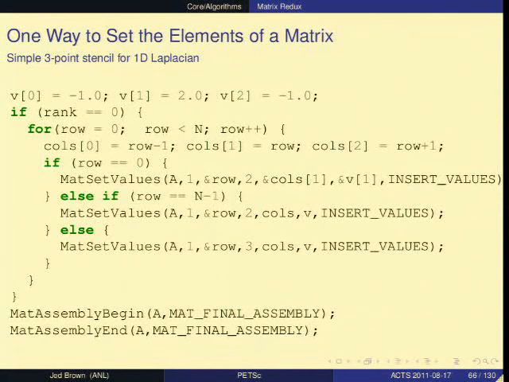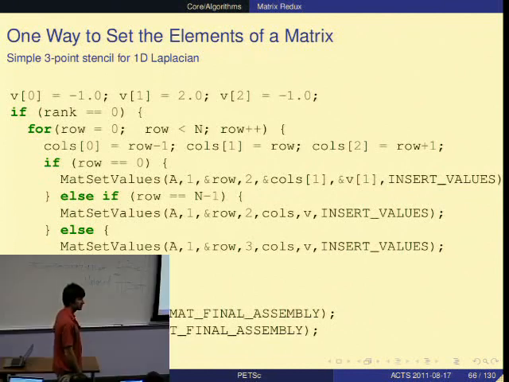So I noticed you have MatAssemblyBegin and then immediately after MatAssemblyEnd. Yes. So that suggests that there are other things that you can do after beginning but before ending. Absolutely. If you have anything interesting to do, something else in your simulation to compute, you stick it in between those.